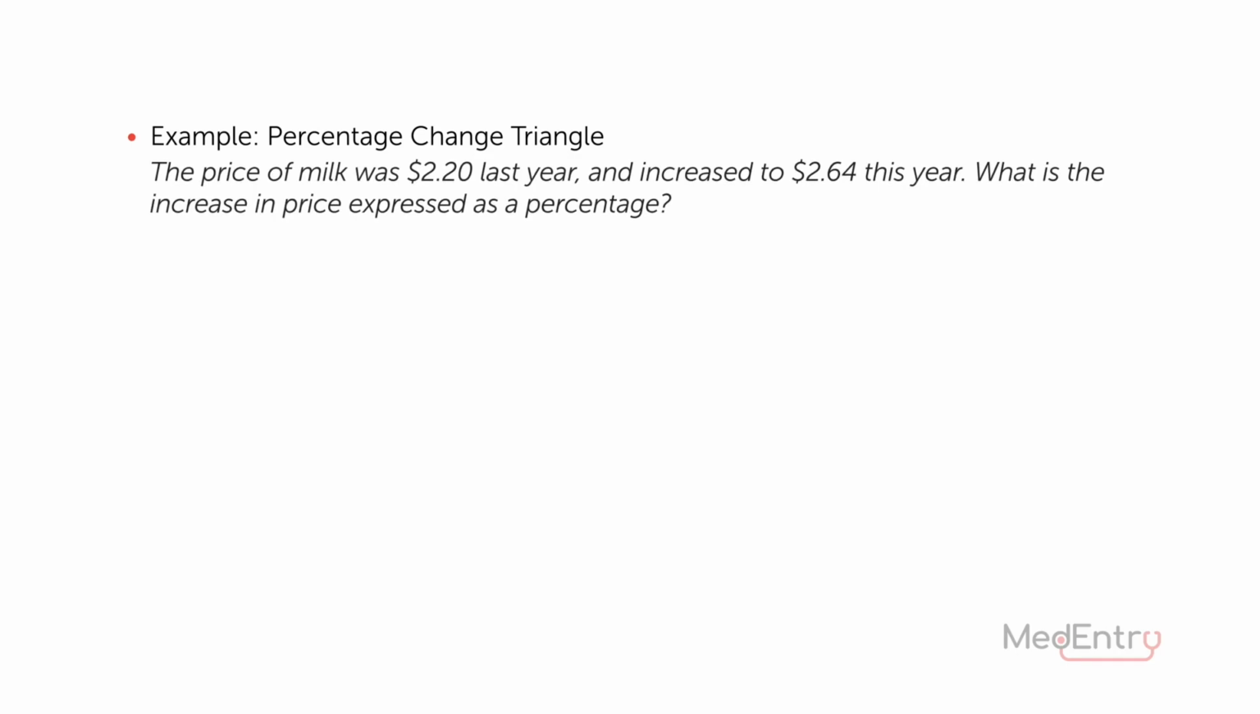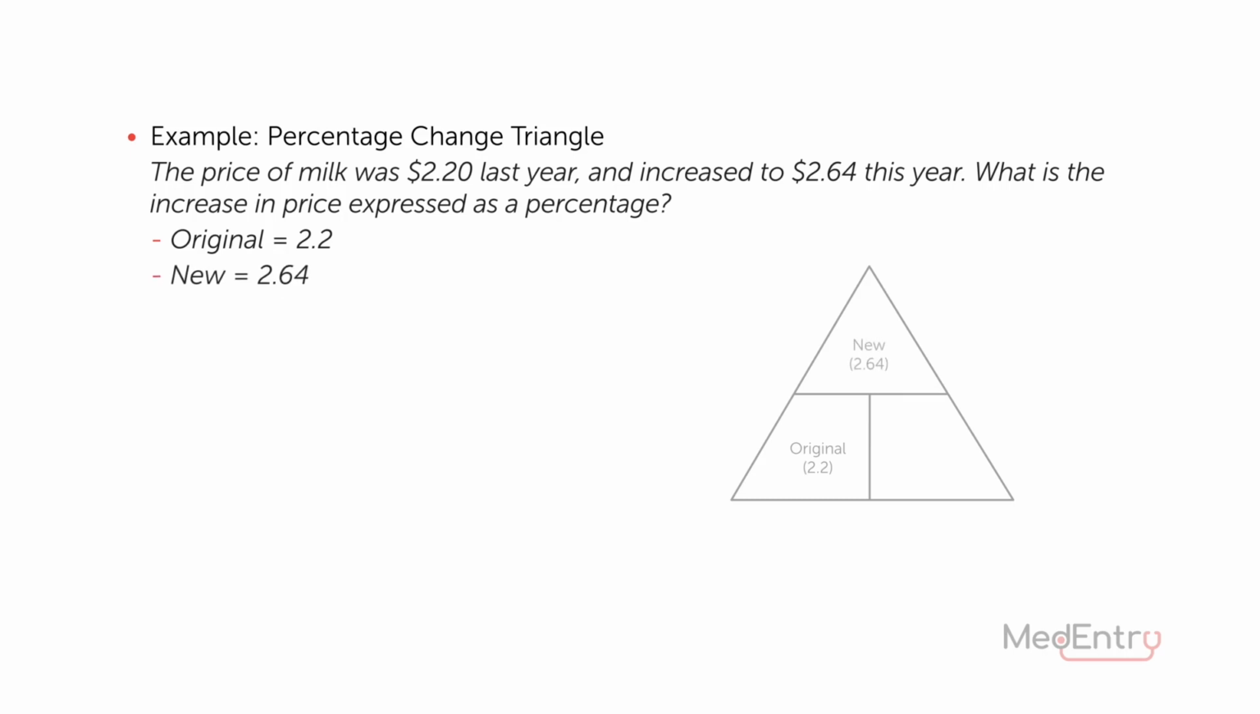Let's consider an example to see how this triangle works. Let's say the price of milk was $2.20 last year and increased to $2.64 this year. We want to find the increase in price expressed as a percentage. Here, the original is 2.2, the new is 2.64, and the multiplier is the unknown, or what we're trying to